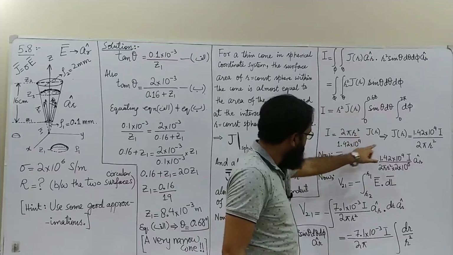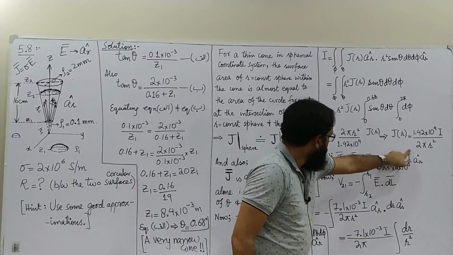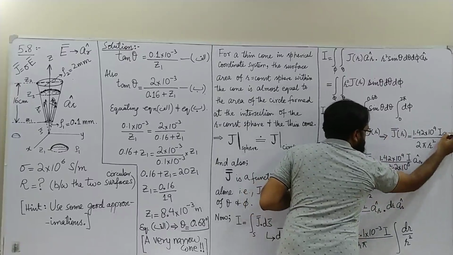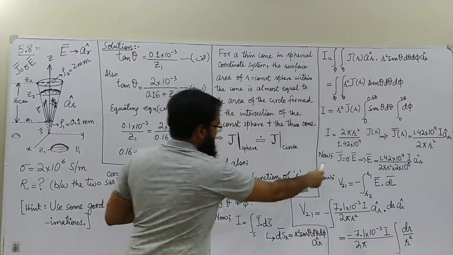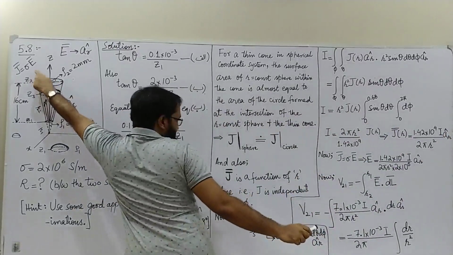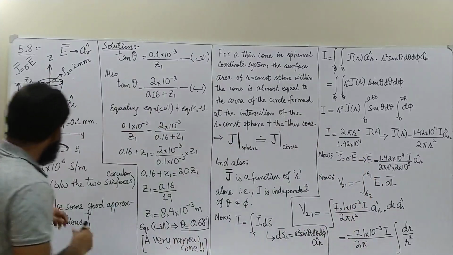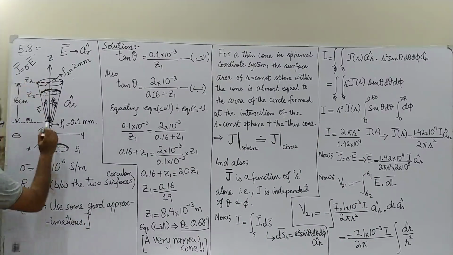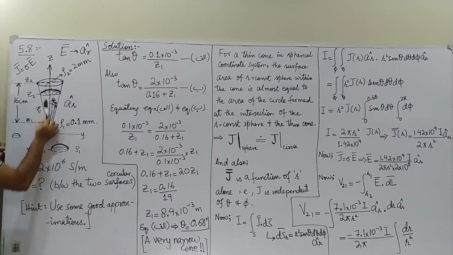Do the integration, do the maths, and you will get the magnitude of JR, which is equal to this. And in vector form, I just have to add AR unit vector in front of that. Now using this expression which I gave here, we can find E, and now we can find the potential difference between this phase and this phase. Field will be from this lower plane to the higher plane. Okay, electric field will be like this.